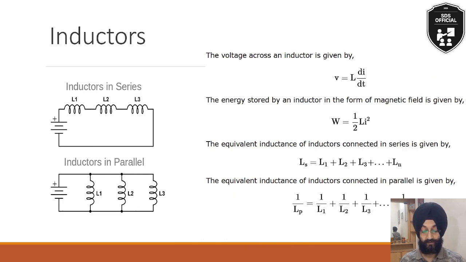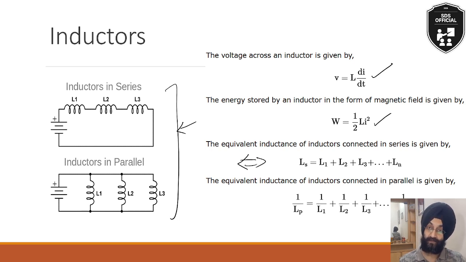So these are the series and parallel combination of resistance and inductors, which we can do in the next video. So V is equal to L di by dt, voltage across the inductor. The energy stored is given by half L i square. We can derive this in the next video, but here you simply assume that it is a kind of inductor, and the total it is a kind of resistor, and similar to the resistors,